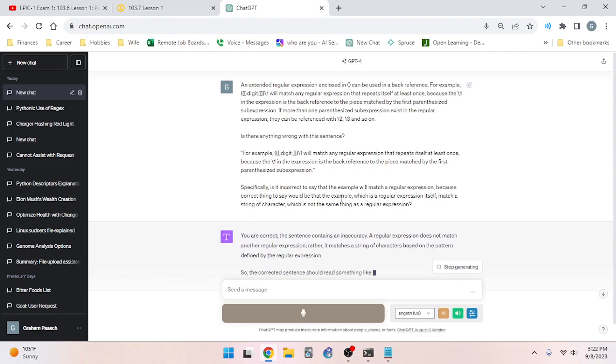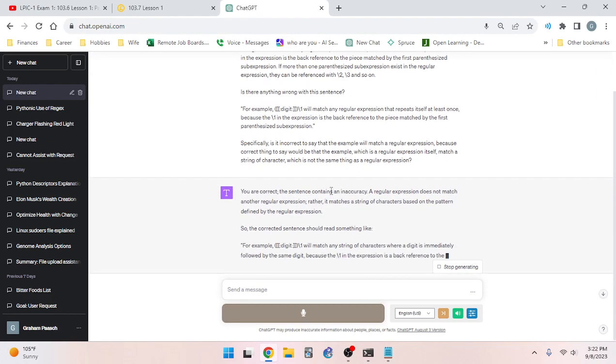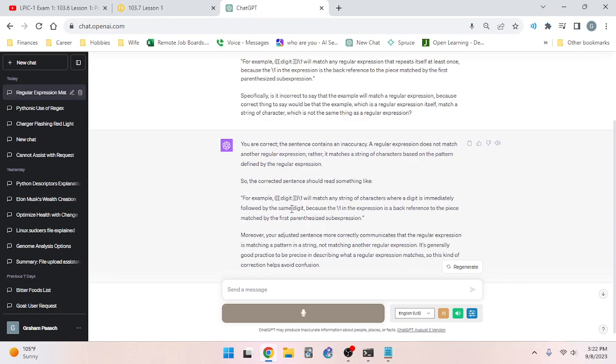Yes. You're correct. The sentence contains an inaccuracy. A regular expression does not match another regular expression. Rather, it matches a string of characters based on the pattern defined by a regular expression. So, the corrected sentence should read something like, for example, digit one will match any string of characters where a digit is immediately followed by the digit. But the expression is a back reference to the piece matched by the first parenthesis. Moreover, your adjusted sentence more correctly communicates that the regular expression is matching a pattern in a string, not matching another regular expression. It's generally good practice to be precise in describing what a regular expression matches, so this kind of correction